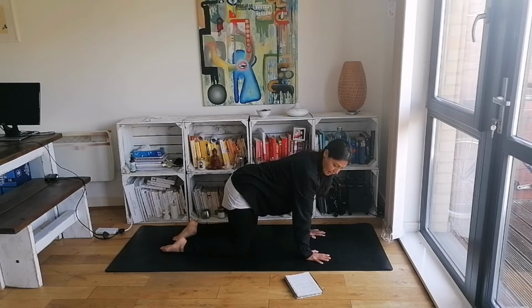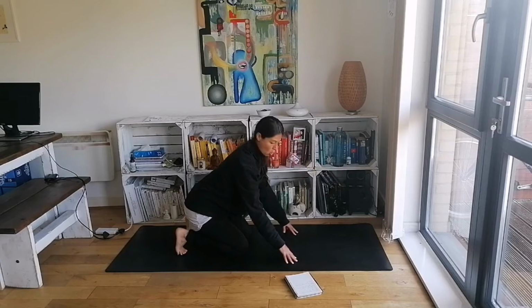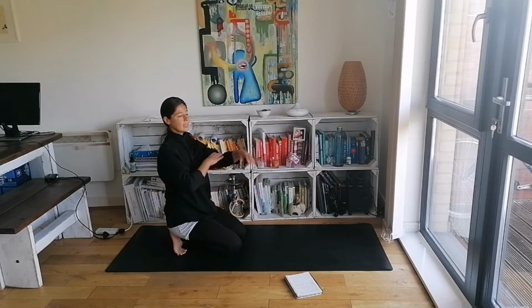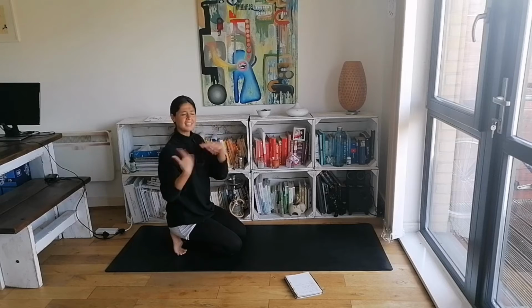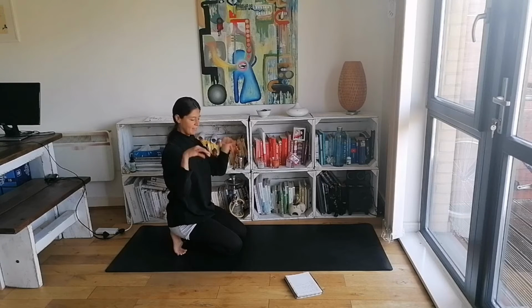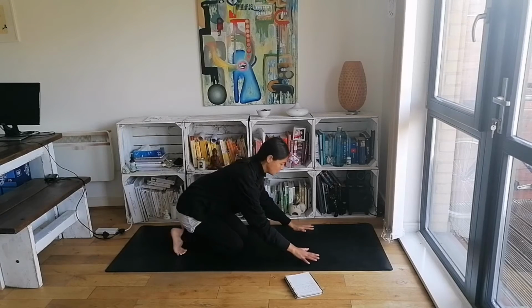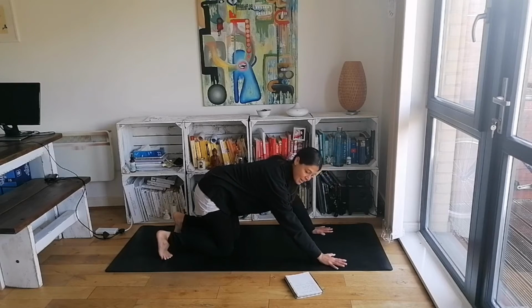Beautiful. And let's one more time tuck the toes and sit back on the heels. And this time we can just give our hands a bit of a shake. Again, the idea here is to release any tension in the wrists, fingers. Beautiful. And then let's make our way back to tabletop, but keep the toes tucked because we're making our way